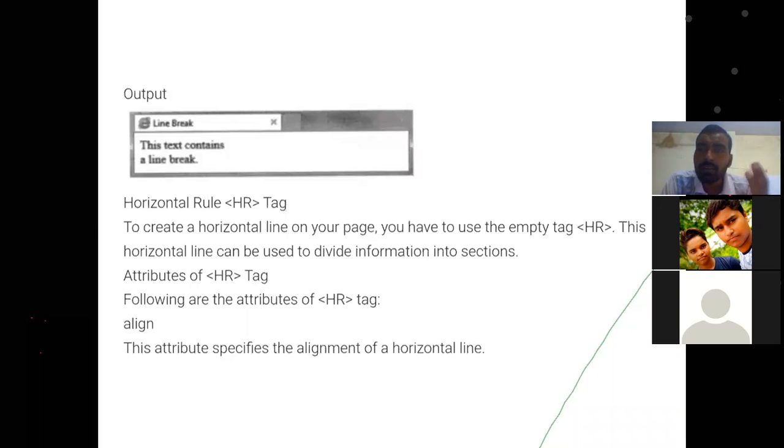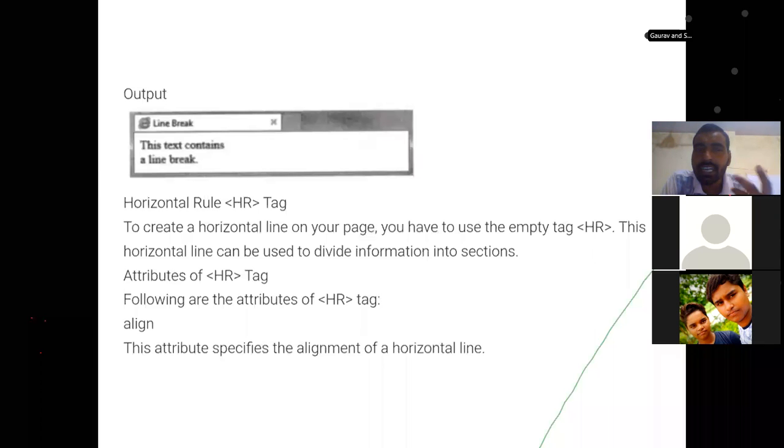The next tag we have is the HR tag. HR stands for horizontal rule. Horizontal rule means a straight horizontal line will be drawn in your page to mark a segment or a different section of text.